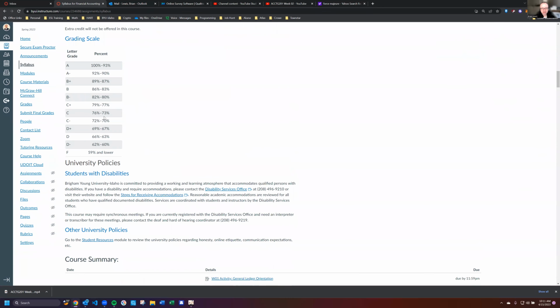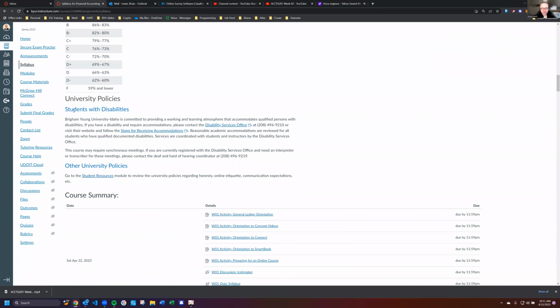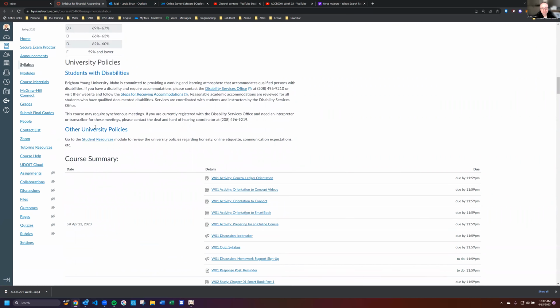This is the grading scale, a typical grading scale. If you do have a disability, please contact me. I have received one or two notifications, but if you have a specific issue you want to review with me, please make sure you do, and make sure that what you need is well communicated, and then I will work with you on that.